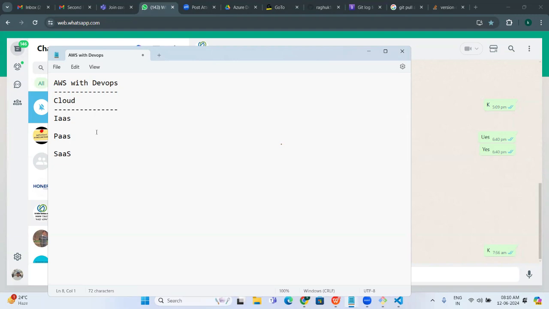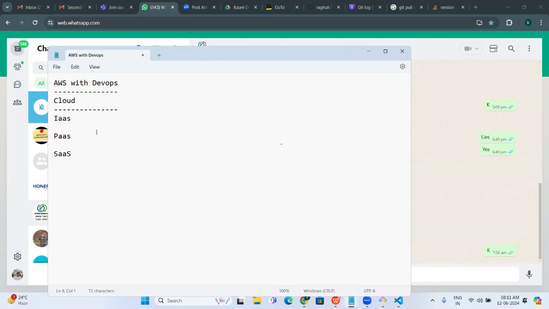Now, which one are we working with? When you work with Azure or AWS, initially they started with infra services. Then they added platform and software, everything nowadays.